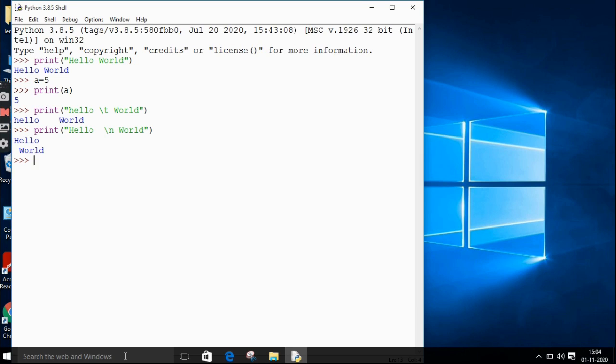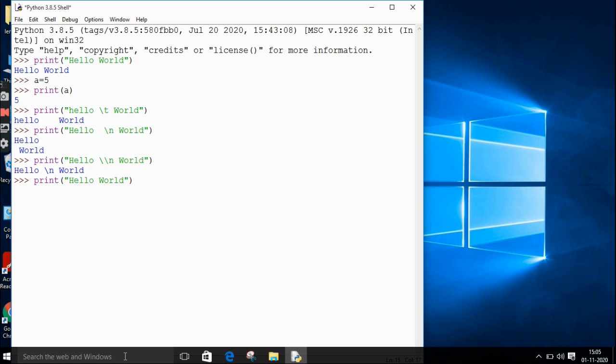Now, lastly, we are going to understand how to eliminate the meaning of the special characters. For this, we have the double \ option which you can use. Over here, \n will not be considered as a special character in Python, but it is going to eliminate the special meaning by prefixing it with the \. So if I click enter, you will see that the \n is printed.